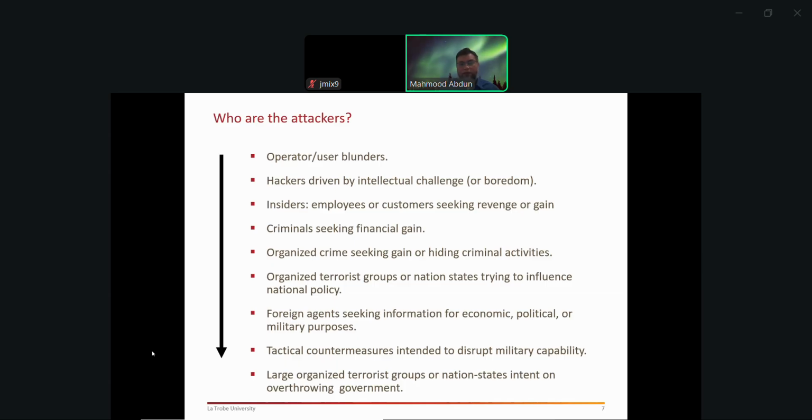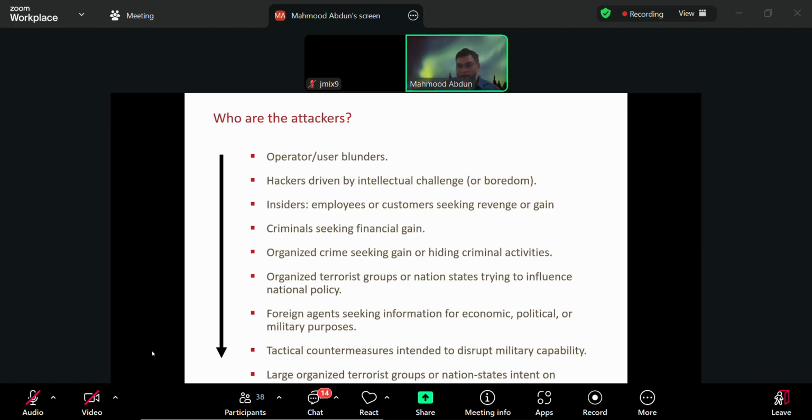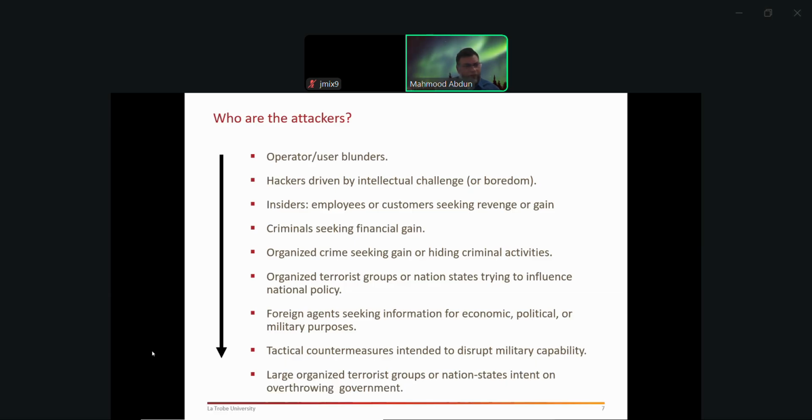Hackers could be very intellectual people. I mean, they're very skilled computer and IT professionals, and they want to do something. Obviously, they can't do much good. Maybe they can do much harm. Insiders would be someone like disgruntled employees. I mentioned before, it could be an insider attack. Criminals seeking financial gain. The most number of attacks happening nowadays are financially related. It doesn't necessarily mean they attack the big corporations for financial gain. Maybe they'll attack individuals, steal their identity credentials, and make use of them. Then you've got terrorists and so on who have their own agenda.